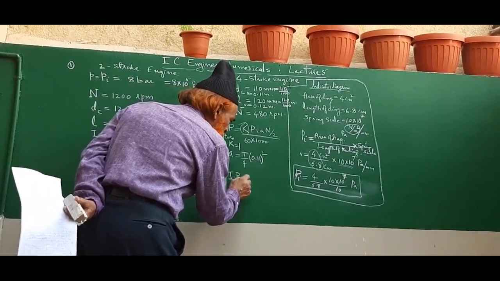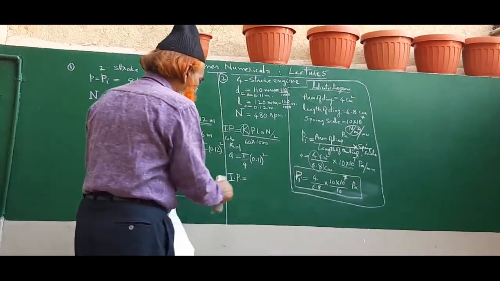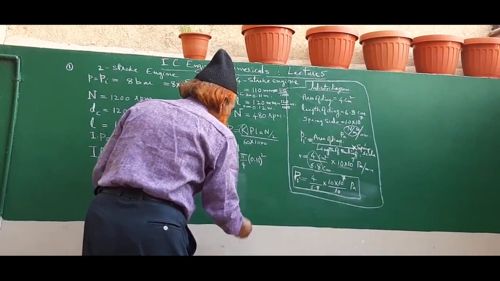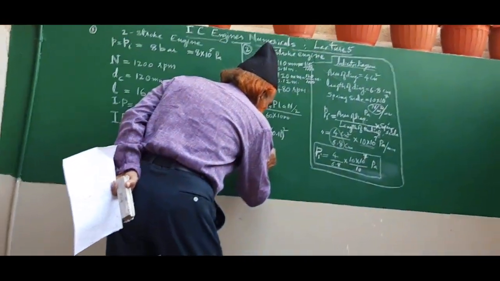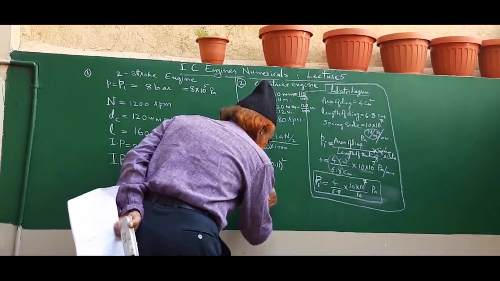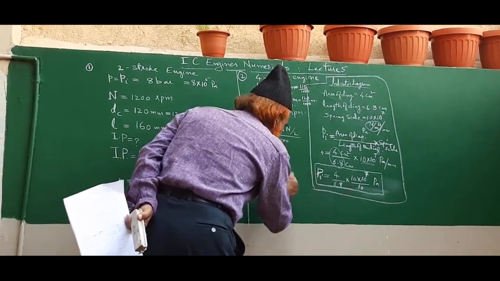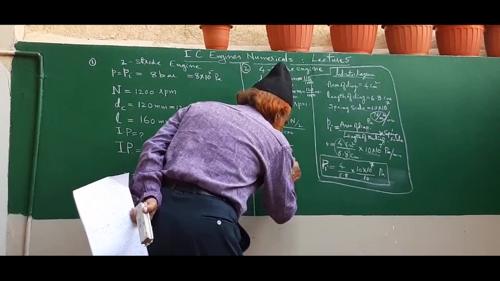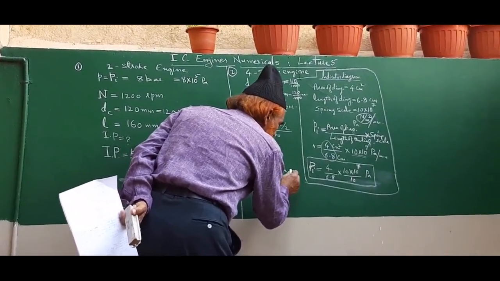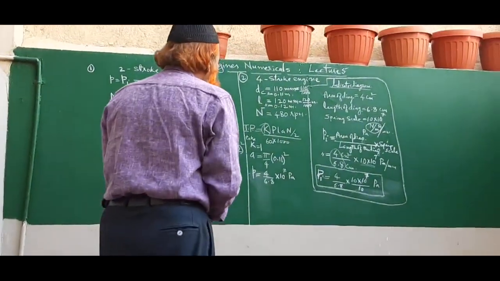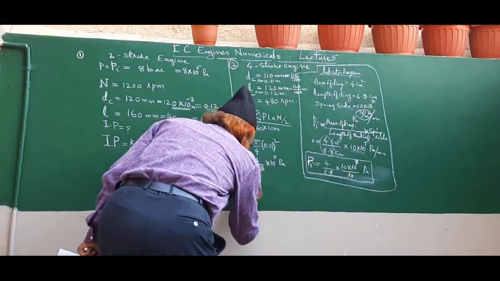Therefore now we can take down IP is equal to P. P value is how much? P value is this. The P value also you write down before entering here. P is equal to 4 by 6.8 into 10 gets cancelled. 10 to the power 7 Pascal. Okay. Therefore now IP is equal to K value.